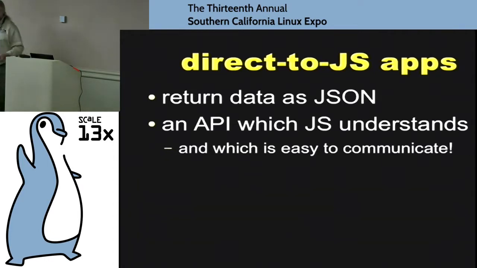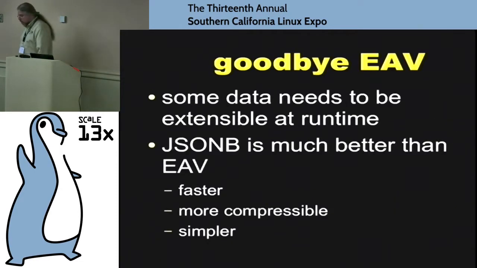And this has been, as somebody who does consulting for development, tremendous because it has not just simplified our application design, it has simplified our communication with the web developers. We just have to tell them, show us what you want in JSON, and we will figure out how to get it to you. And that works in dealing with a separate web development team, and a lot of people are kind of in that boat. The other reason to have JSON-B is in order to get rid of EAV designs for extensible data.